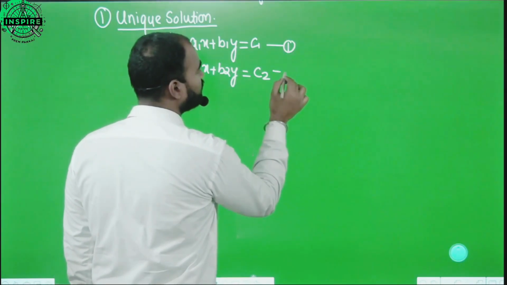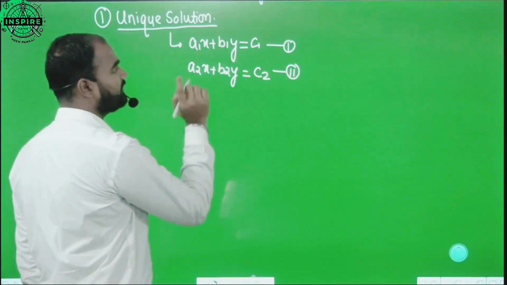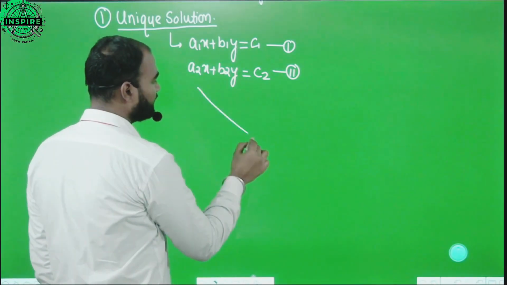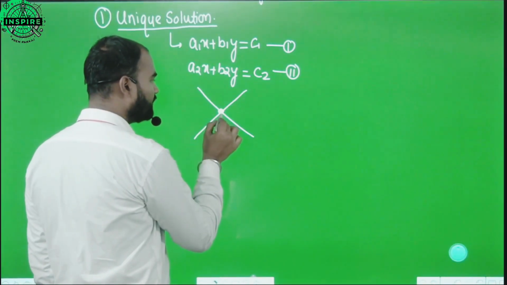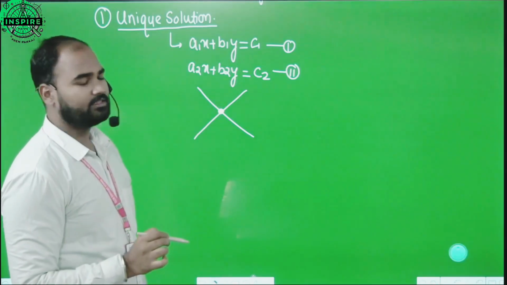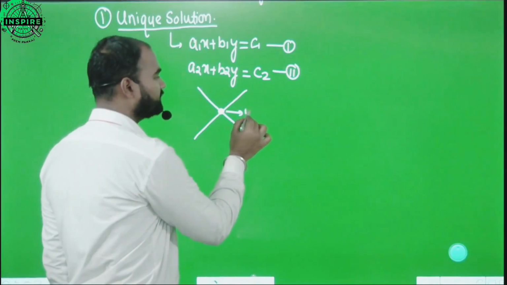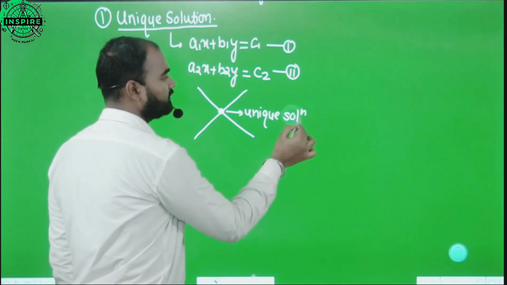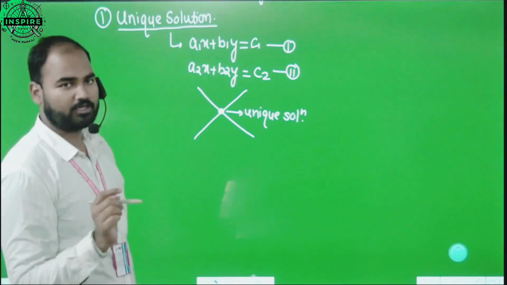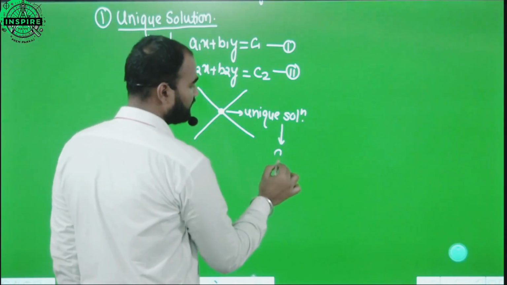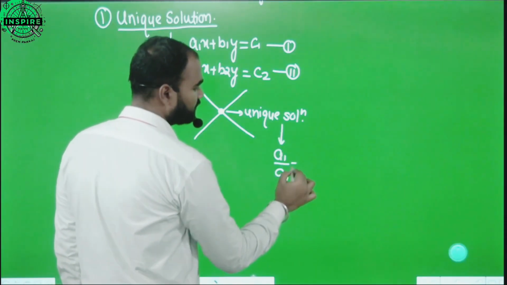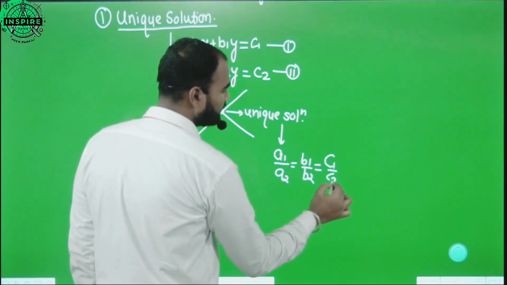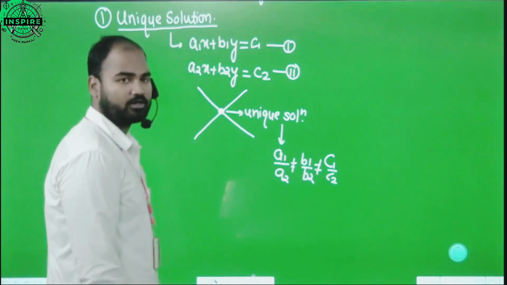These are two linear equations in two variables x and y. When these two lines intersect at only one point, then these two equations give a unique solution,